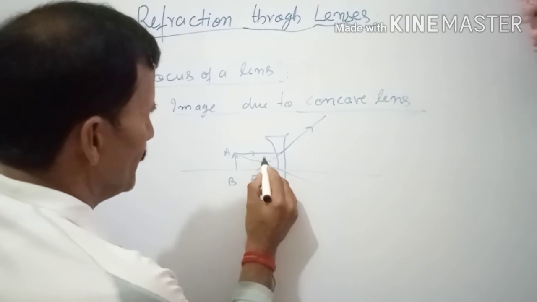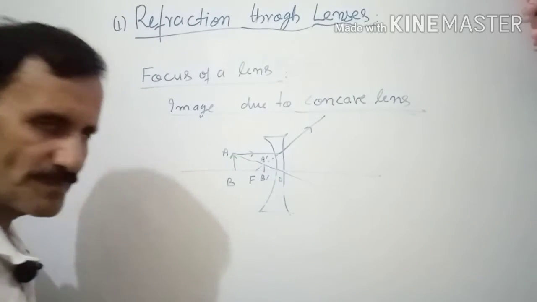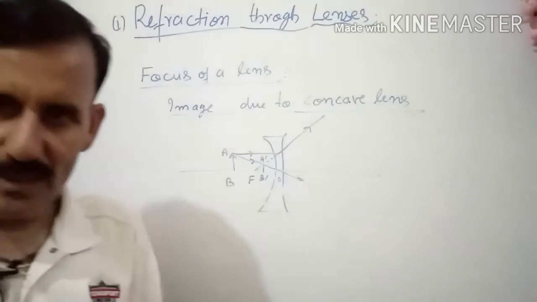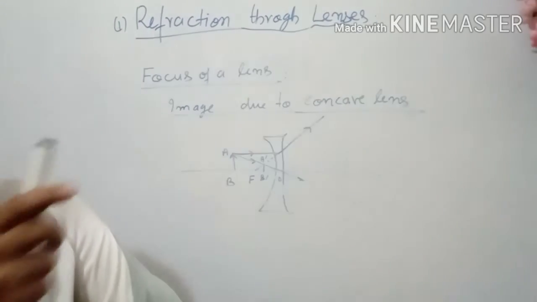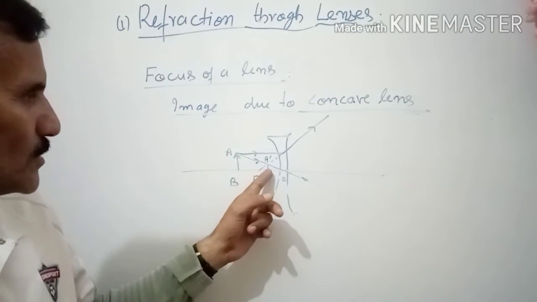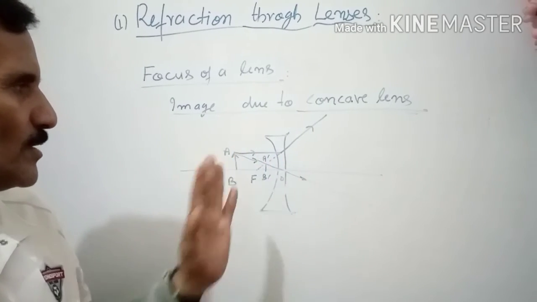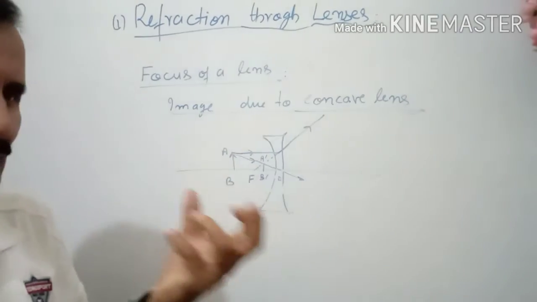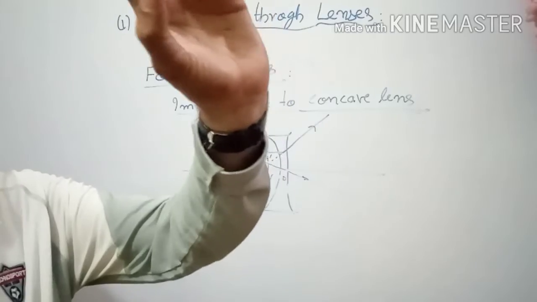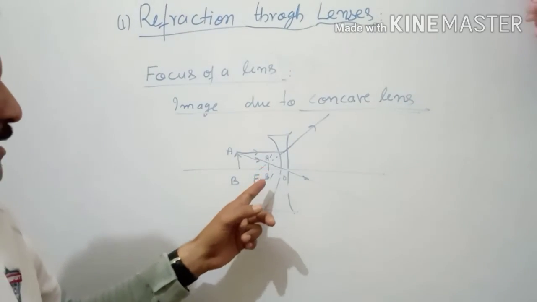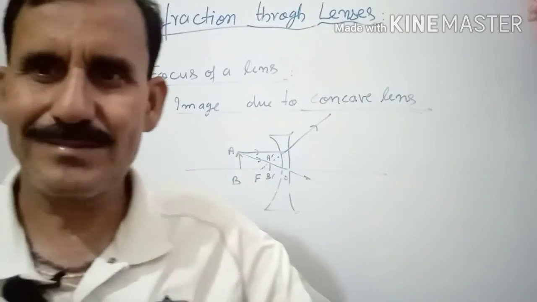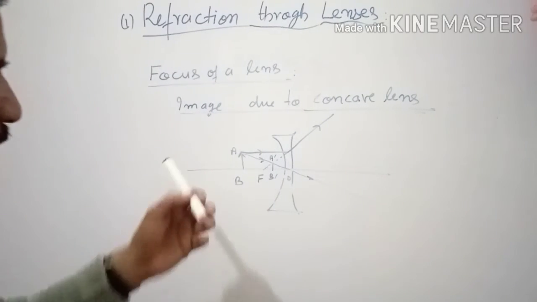So this will be the image A dash B dash. Very simple. So take only two rays, one ray parallel to the principal axis and one ray passing through the optical center that goes straight. So this is the image. Now here the image is virtual, meaning not exact, you will see it but you cannot have the exact location. So virtual and erect. There it was inverted. Okay, so this is the formation of the image.